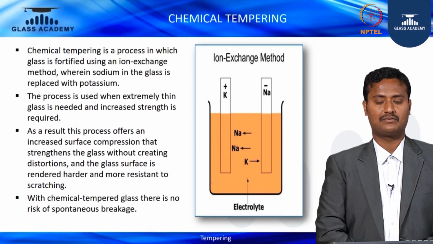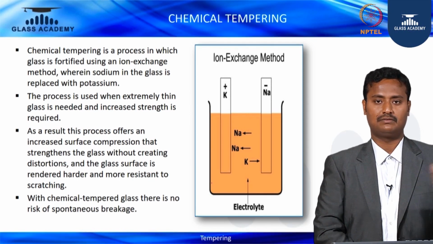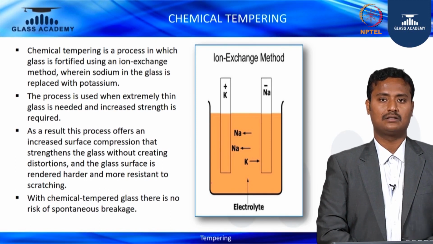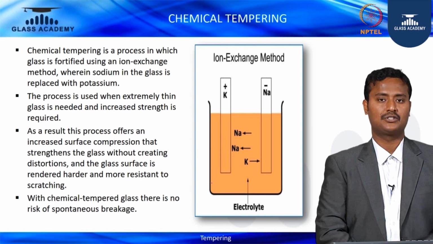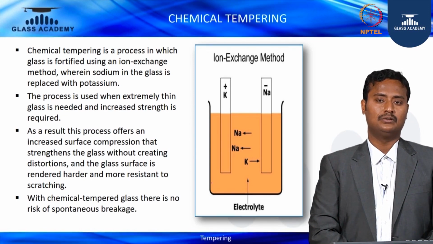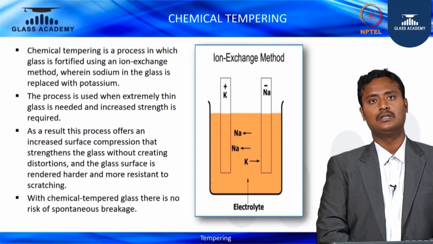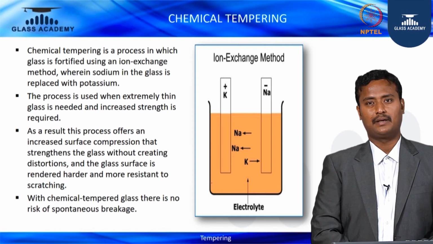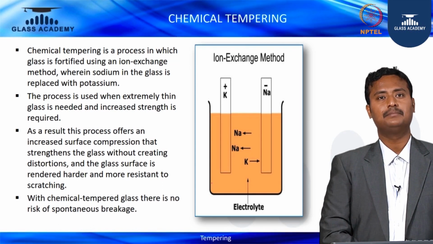Tempered glass for mobile applications is used to avoid scratches, and if the phone falls from one place to another, it won't shatter. So those applications widely use the chemical tempering process. Let us look at what is happening inside this chemical tempering.